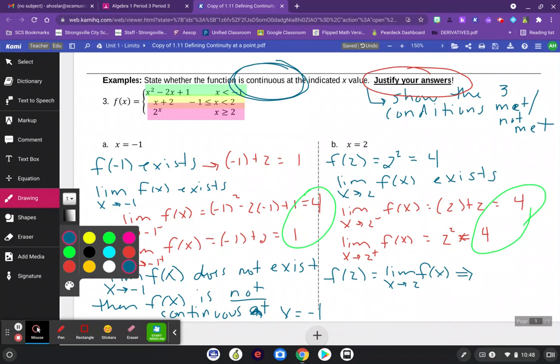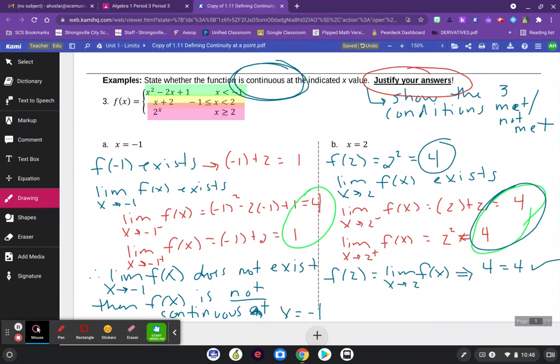Yeah. We showed that 4 is the same as this overall limit, which is 4. And so, yes. In this particular case, my final statement would be, therefore, f of x is continuous